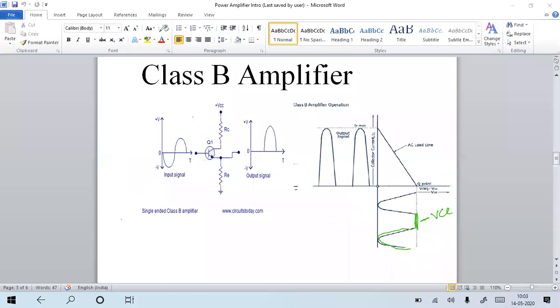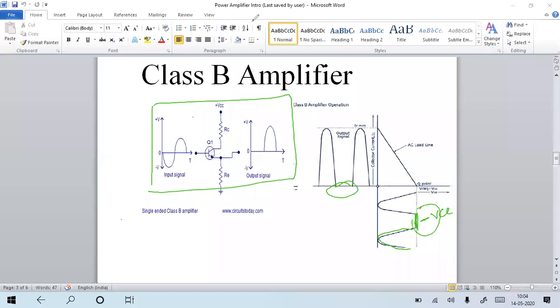Now we'll see. This is a simple circuit, but we are using this technique to get the complete cycle. Only half a cycle is retained here, but the concept is what? Class B. Class B is nothing but you are not providing any DC signal to the base terminal. But I want to get the complete cycle, because if you maintain it like this, half of the signal is clipped off, and then we may lose the signal at the output side. I want to improve the efficiency, but I need the complete input as output. Even so, I have to maintain the class B procedure. Class B means the transistor must be in the cutoff mode.